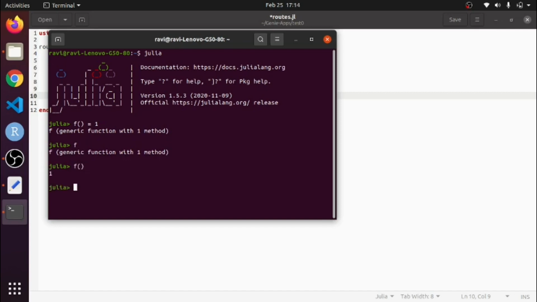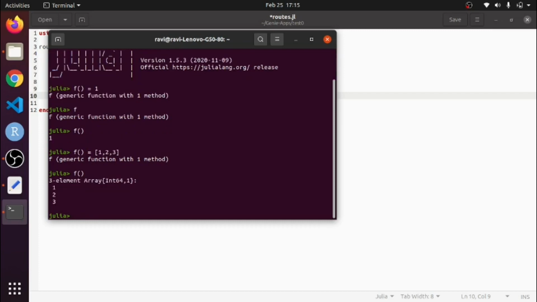Similarly, suppose I type here the data structure array 1, 2 and 3. If I call this function, since it has no argument, I have to call it with parentheses. If you press enter, it will return an array.